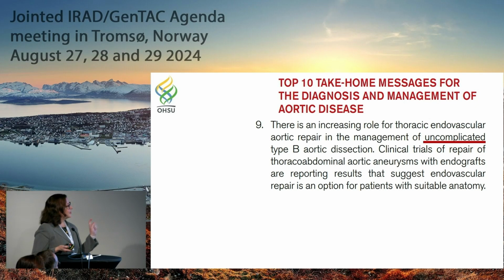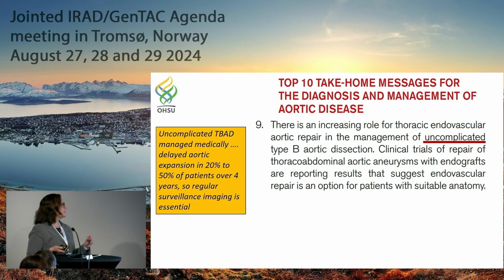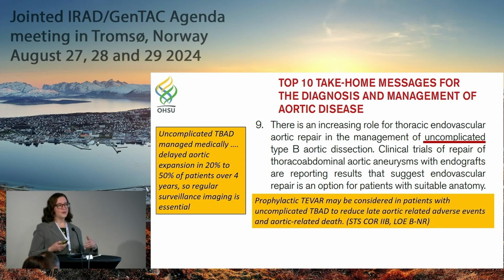This was number 9, which talked about the increasing role for TEVAR in management of uncomplicated type B. There's a whole session on this happening today, and this is still a hot topic. Basically, should we treat those folks routinely with TEVAR because we know that they are at risk for complications in the long run? And therefore, is there a window of opportunity to induce favorable aortic remodeling if you were to treat them earlier rather than waiting? But we know that not everybody progresses over time, so it's trying to balance, can I predict who that person is going to be,